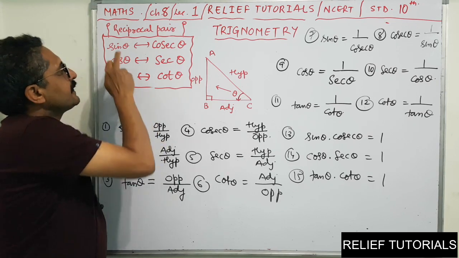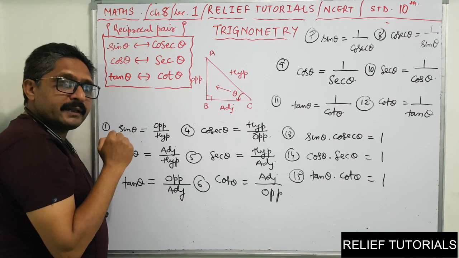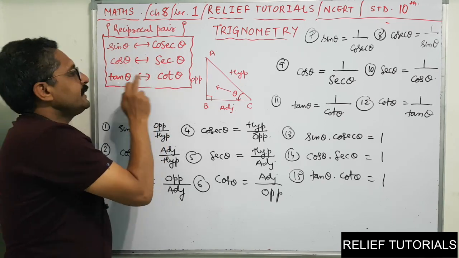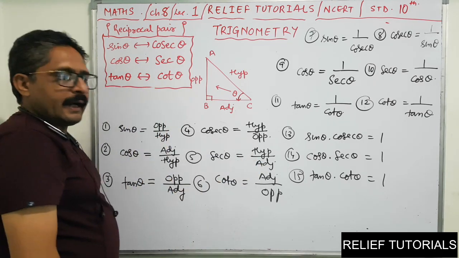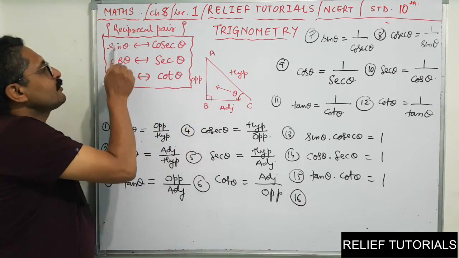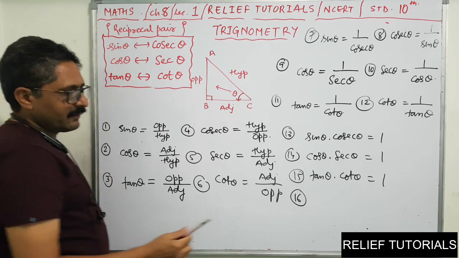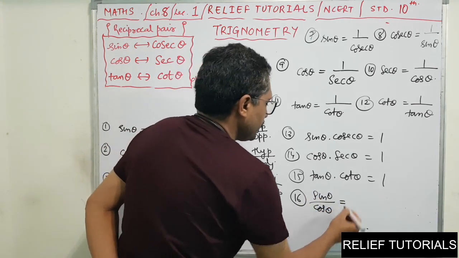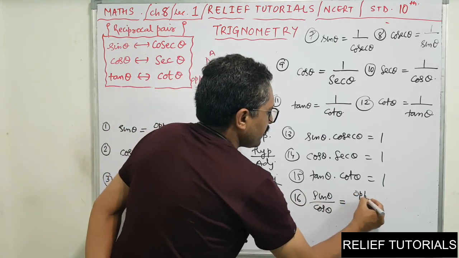Six formulas. And these are a ratio and its reciprocal ratio, so the product will be 1. So sin into cosec is 1, cos into sec is 1, tan into cot is 1. So three more formulas. And in the very beginning of the chapter, I told you that the ratio of sin and cos is tan. See, I will explain it one last time. See here, sin theta upon cos theta, the ratio of sin and cos. Sin is opposite upon hypotenuse.